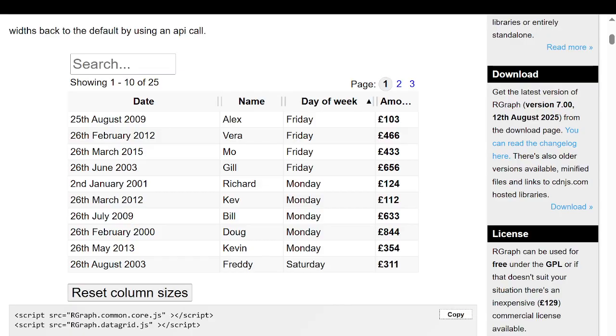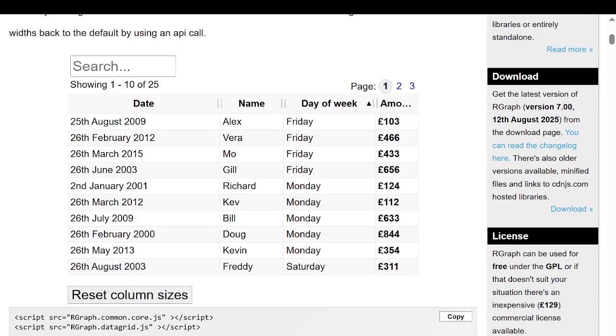Now let's talk about the events that the data grid makes available to you. These events allow you to attach your own code to a particular event so that you can act accordingly and trigger your own logic, allowing you to integrate the data grid closely into your website or application. The events are added to the data grid objects by using the events property that was mentioned previously, and the available events are